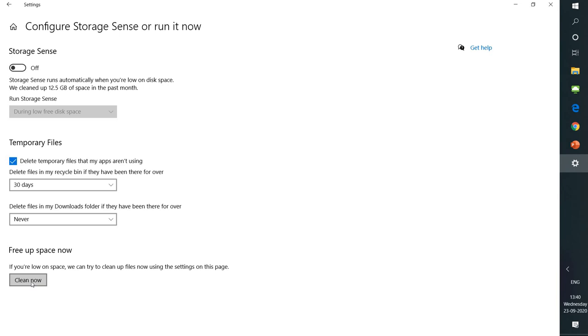It will not touch your download folder, and it will free up some space occupied by temporary internet files, etc. So it is quite a useful tool to use in Windows 10. It is available in the Windows 10 version of it. And if you are using an earlier version, please follow the previous method, right?